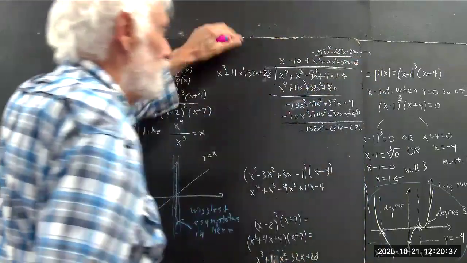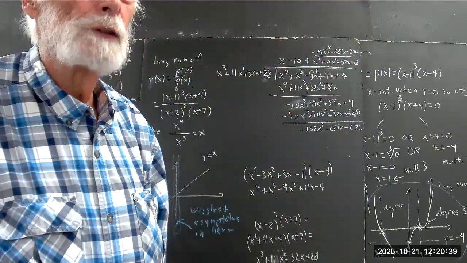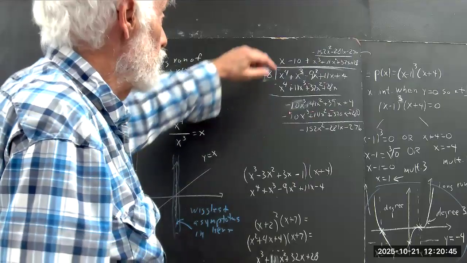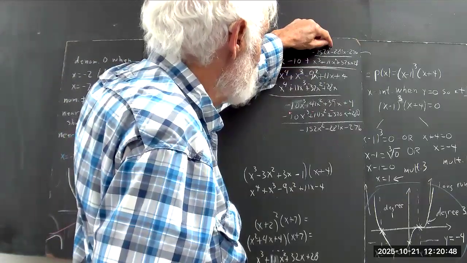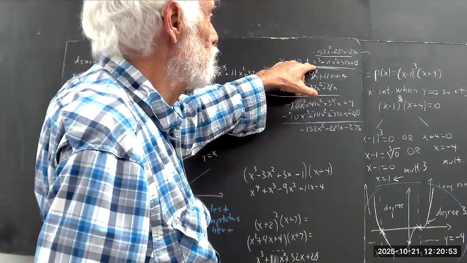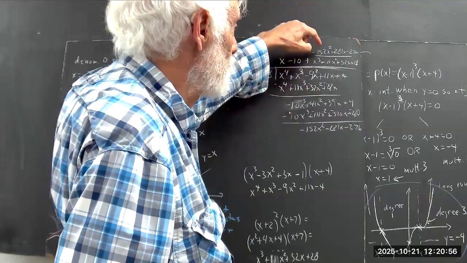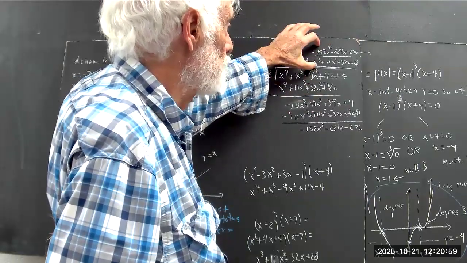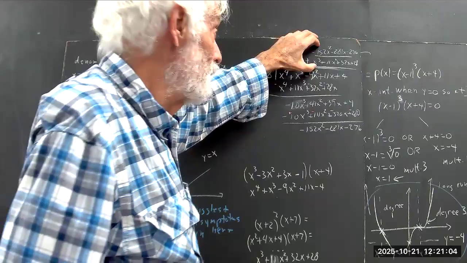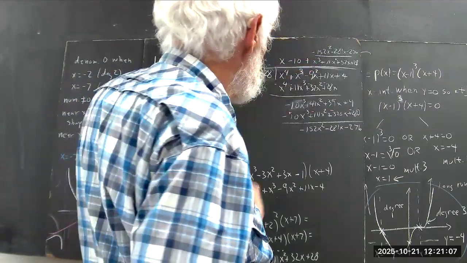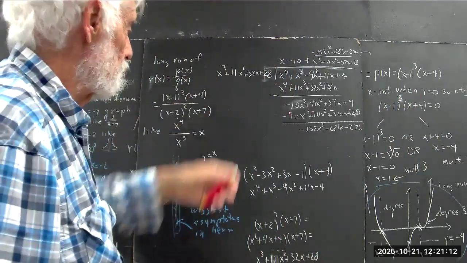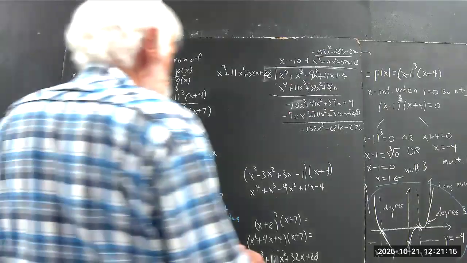Now, I went through that kind of fast because the steps are really straightforward. Just got to copy them down, do the arithmetic right, and chances are I made a mistake. The point is, this has an x squared term, leading term on top. This has an x cubed. Pretty soon that x cubed is going to be so big that you don't care about that negative 152x squared. This thing is going to approach 0. If x is 1,000, then this is going to be a pretty small fraction, like 1/6 or something. Okay, and the bigger x gets, the smaller that gets. The point then is